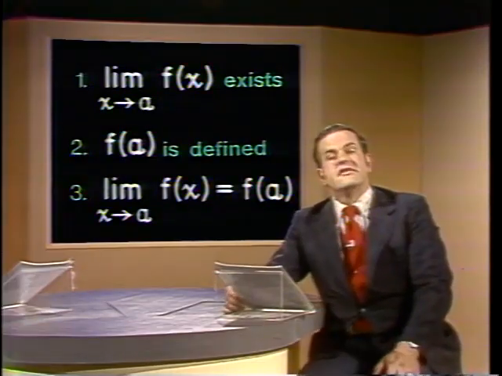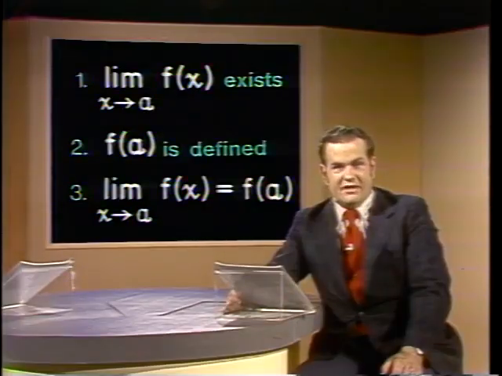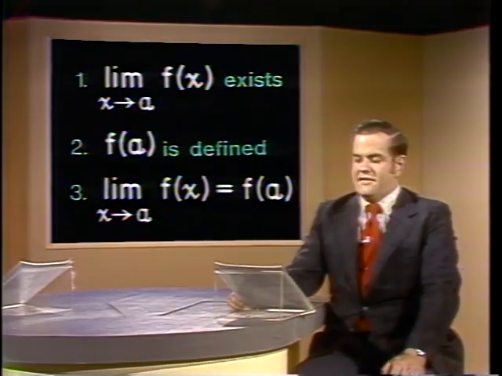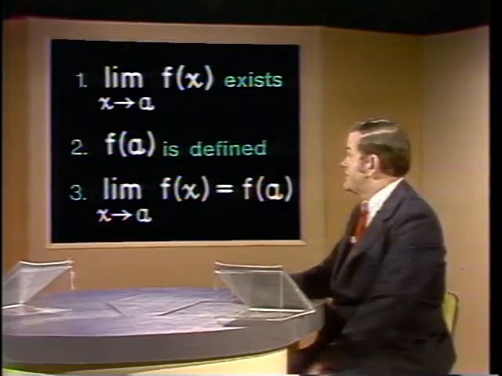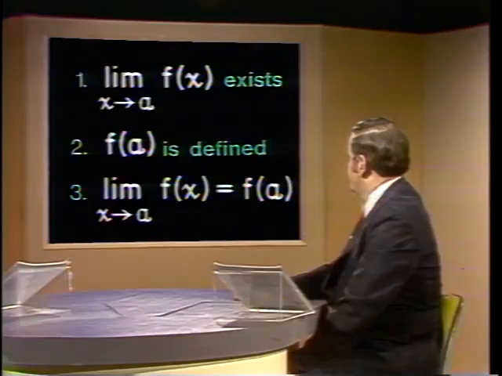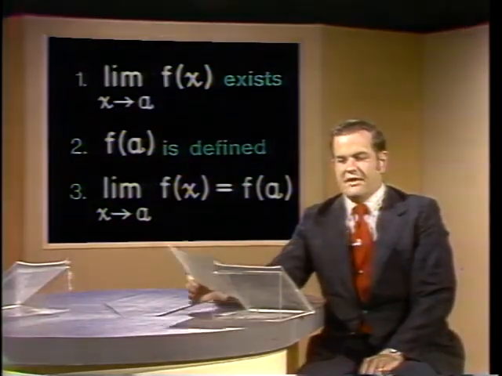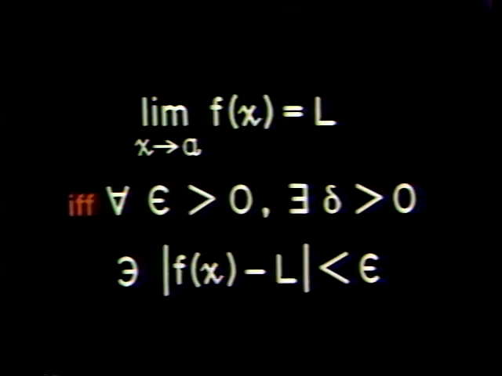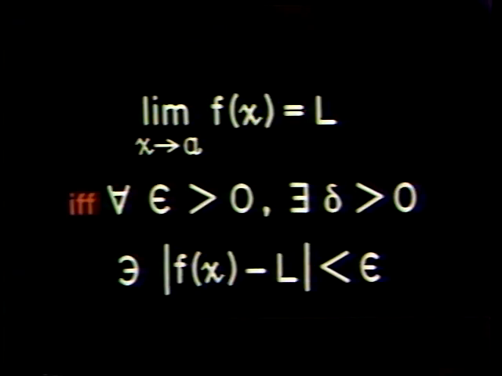In Lesson 5, we introduced a formal definition of limit in terms of delta and epsilon. We can use that definition here in order to make precise the first expression, that is, the limit of f at x as x approaches a exists. For the moment, we could let capital L represent the number that exists and equals this limit. So using the delta epsilon definition of limit, we can say the limit as x approaches a of f at x is equal to L if and only if, for all positive epsilon, there exists a positive delta, such that